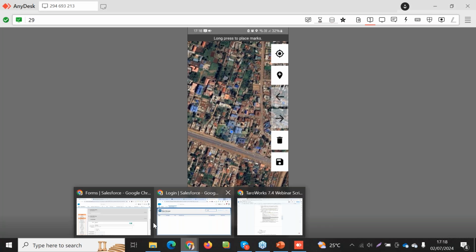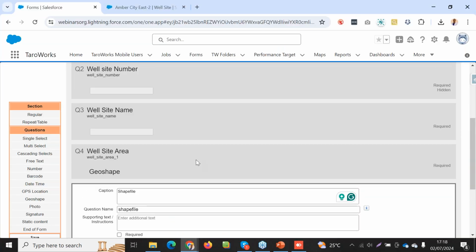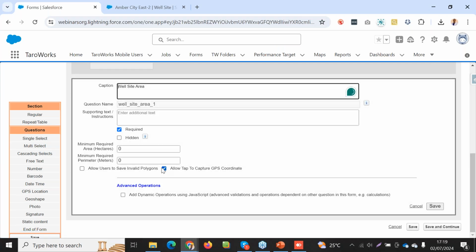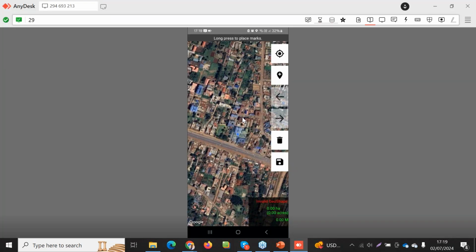So what I had set, if I can quickly take you back here, cancel out of this. What I had set, I had checked allow tap to capture the GPS coordinates so that I don't have to walk to take the coordinates. And also I didn't check users to be able to take invalid polygons. So let's see how that looks if I